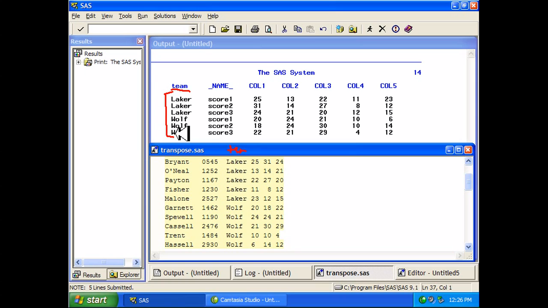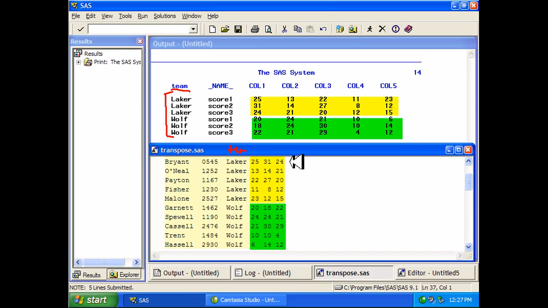Okay. The next thing to notice is that when we're transposing these rectangles, this rectangle became this rectangle, and this one came over here. So you can see how the first column in the new data set is made up of these two rows here and here. That became that column. 25, 31, 24 was that first row. And then 2018,